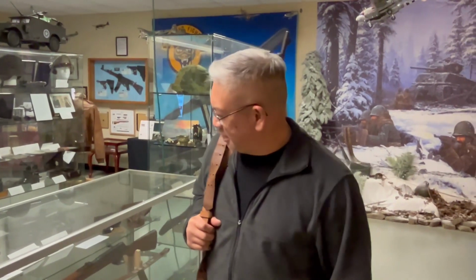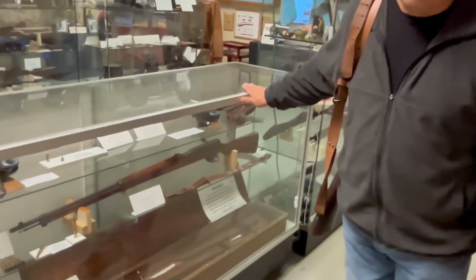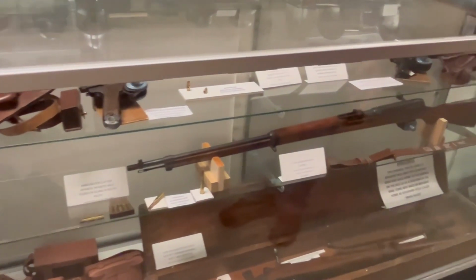Okay, and I think today you're going to show me around the World War II room and the different weapons that you have here. Yeah, we're going to go briefly over the weapons that are used by both the Axis and the Allied forces. We're going to start with the Imperial Japanese forces. To start off, we have these two Arisaka